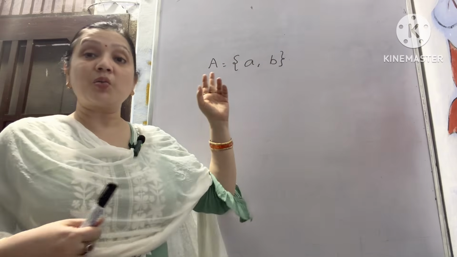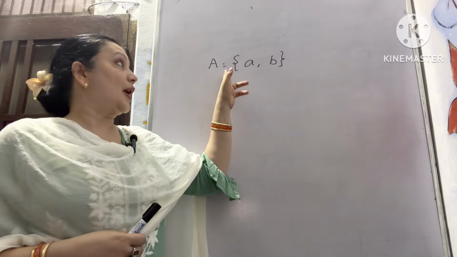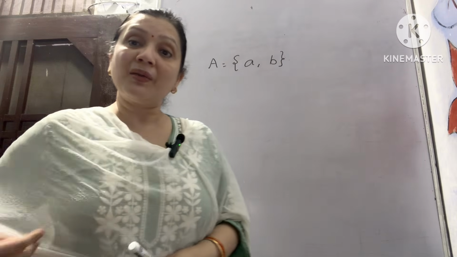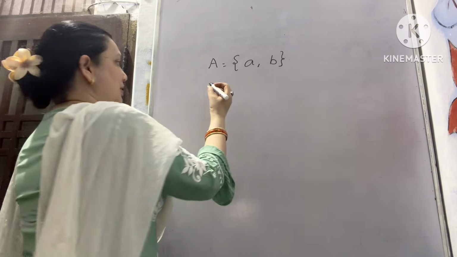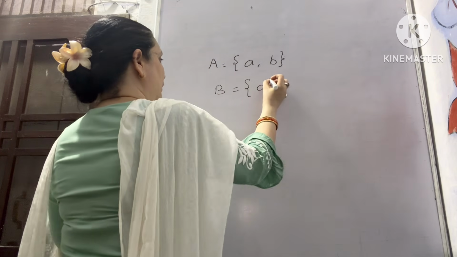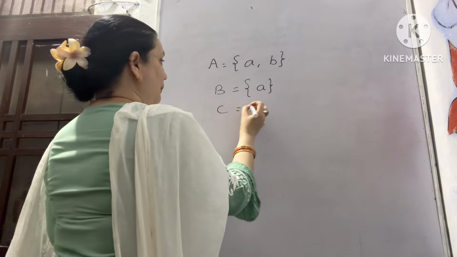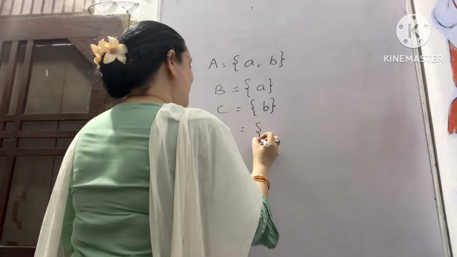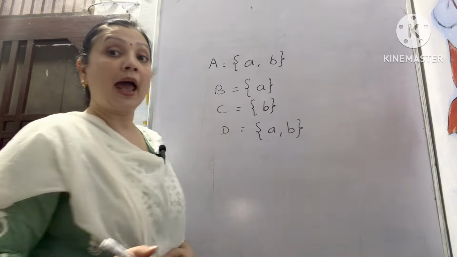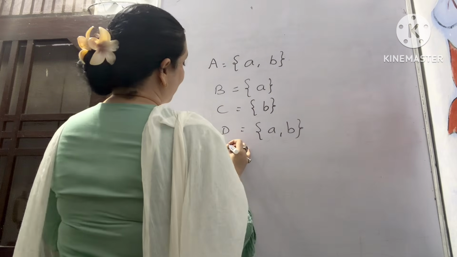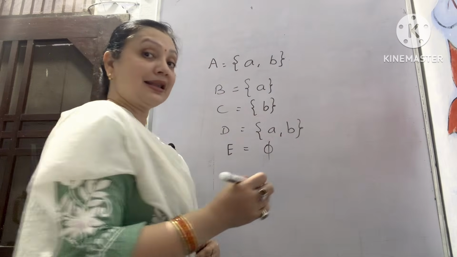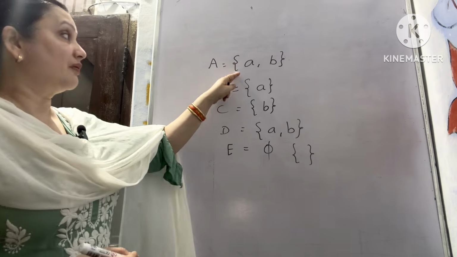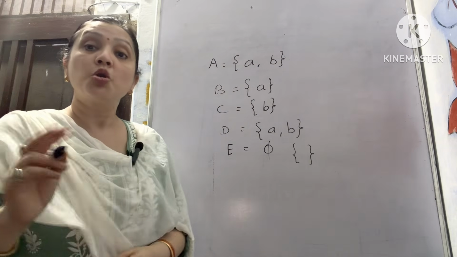Okay kids, now let us start with the subset. So this is a set A which has two elements, a and b. Now what will be the subsets of this set? First can be only a and the second one can be only b. Only two subsets? No, there can be a third subset which has both a and b, and there can be one more subset which is a null set, empty set. Alright, so there are 4 subsets of this small set which has just 2 elements.